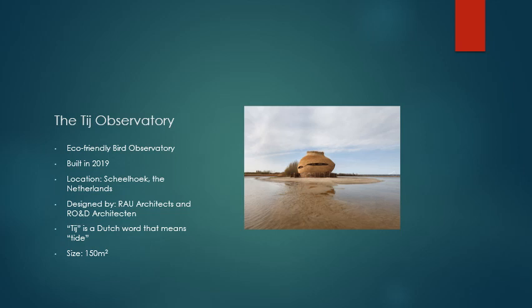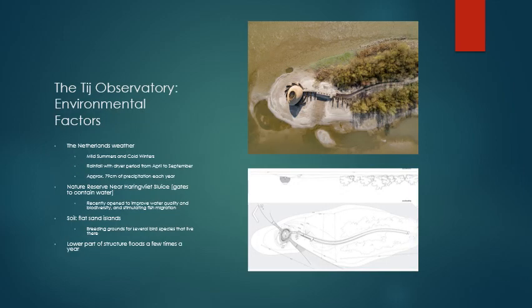Tij is a Dutch word that means tide, but this building actually looks like an egg. It was designed specifically to look like an egg. This is a 150 square meter egg. It's nestled in an area of natural reserve in the Netherlands. It's surrounded mostly by water,